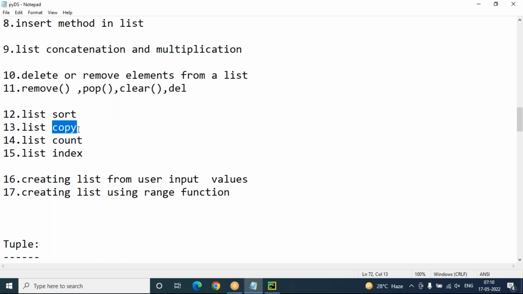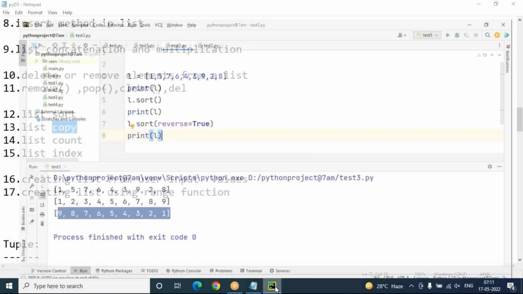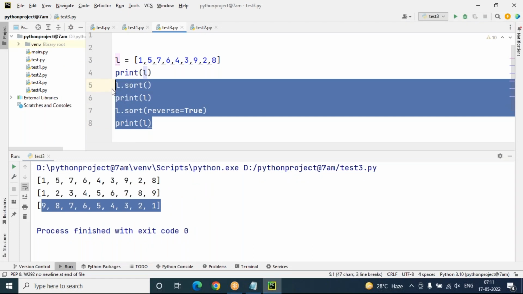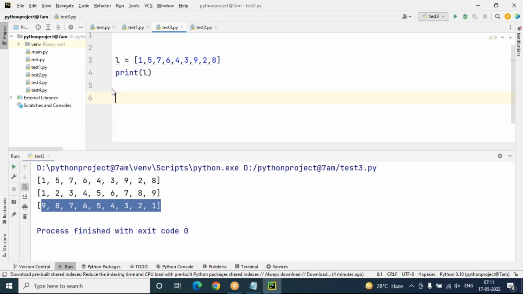And there is the copy function. There are two types of copies: one is shallow copy and another one is deep copy. So what is the difference between these? I will tell you now. Let us consider this. This is my list only. L1 equals L. Here, L1 equals L means,